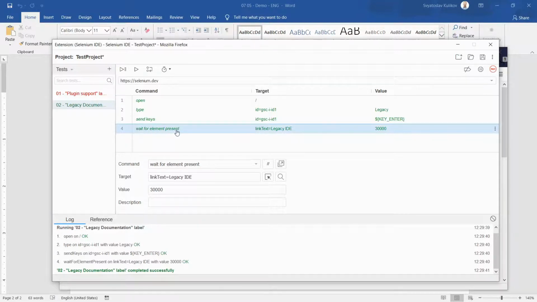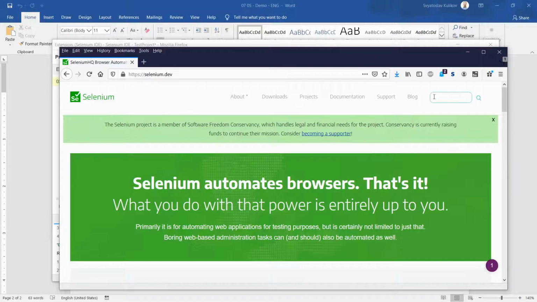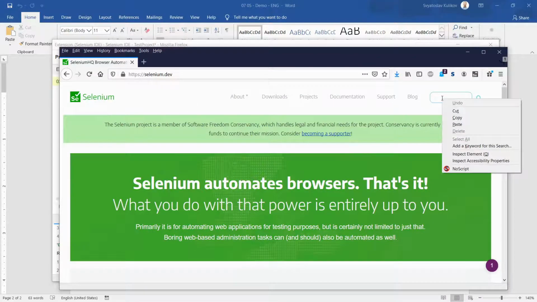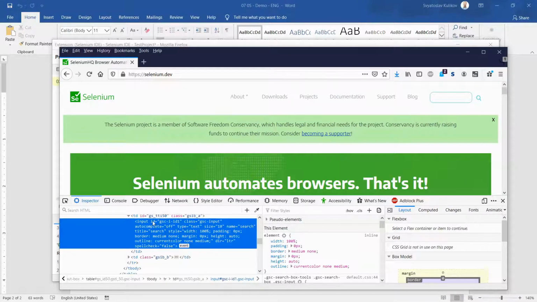Now let's execute the test case step by step. Here the main page is opened. We may always use the inspect element tool to see some information on this field. Here is the ID with some strange value.